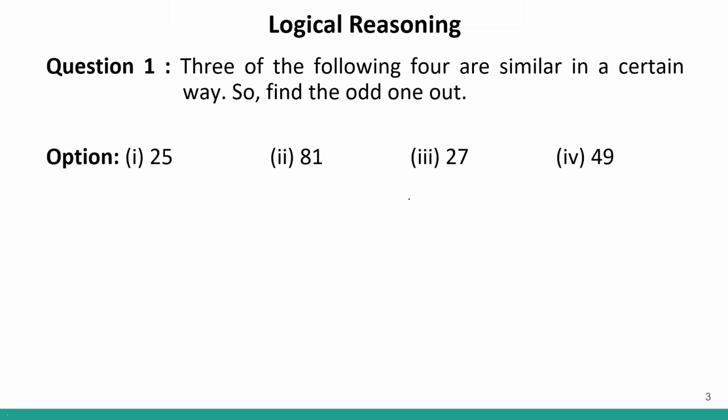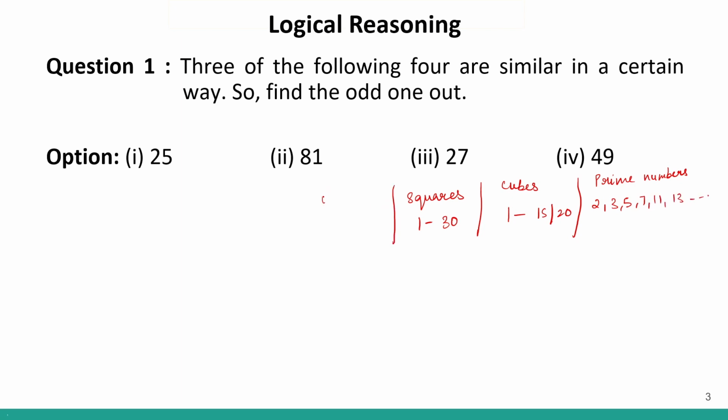Some things will come in handy: you should remember the squares of at least 1 to 30, the cubes of at least 1 to 15 or 1 to 20, and the prime numbers among the first 100 numbers. Prime numbers basically start with 2, then 3, then 5, then 7, then 11, then 13 and so on.